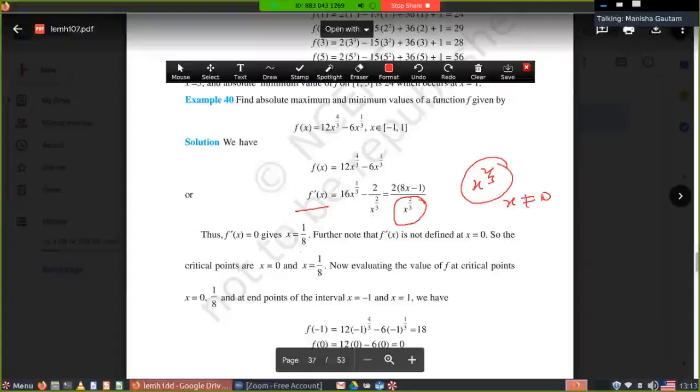It means in this case you have to check at x is equal to 1 also, x is equal to 0 also, and the second point which you will get after putting the derivative equal to 0, that is x is equal to 1 by 8. It means you have to check whether the function shows maximum or minimum at these points. I am just again telling you, you have to check on the points where the function is not defined, as well as the points where the derivative of the function is 0. It means critical points as well as where the function is not defined. At all those points you have to check whether the function has maximum or minimum. I think I have told you all the concepts of maxima and minima.